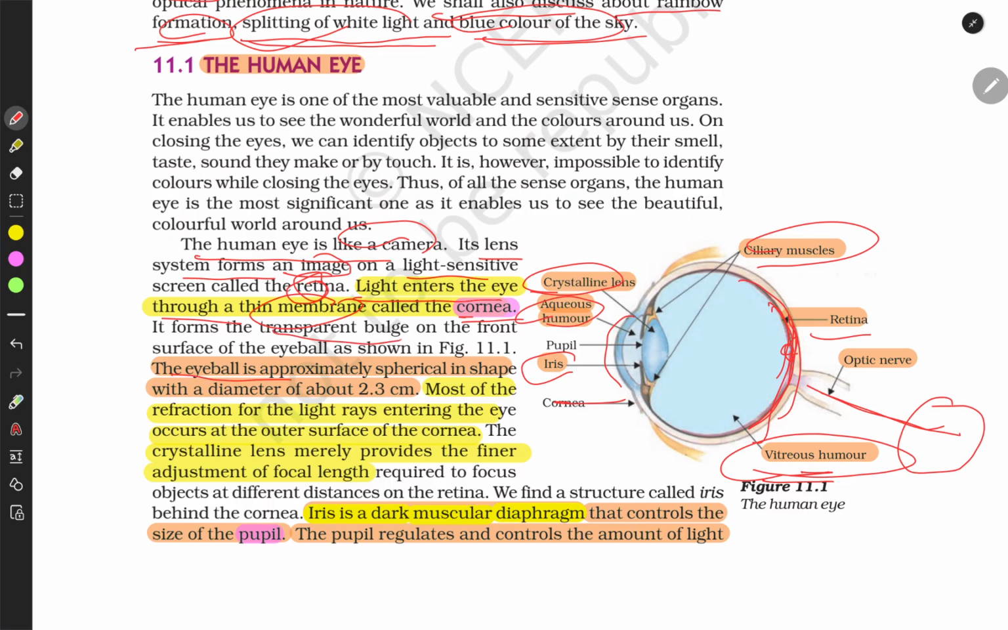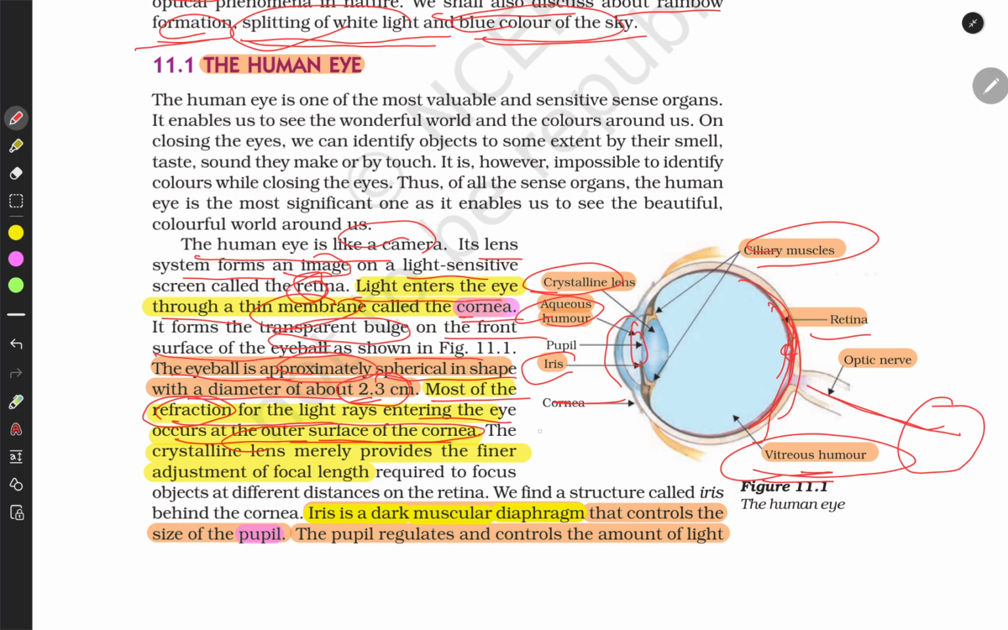It forms the transparent bulge on the front surface of the eye, shown in figure 11.1. The eyeball is approximately spherical in shape, and it has a diameter of about 2.3 centimeters. Most of the refraction of light rays entering the eye occurs at the outer surface of the cornea. So most of the refraction happens at the outer surface of the cornea,